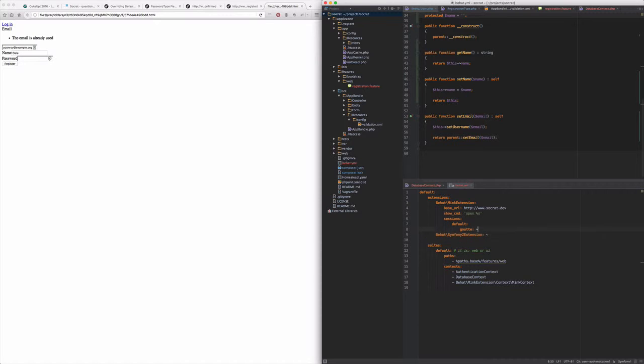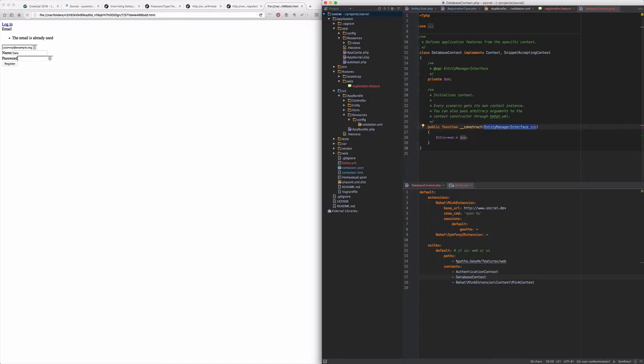And what this does is allow us to inject the services into our constructor. So we need a database context, and in this case first we define the dependency. So we have entity manager dependency which is called $em. So we simply do em, and next we define the service we want to inject,